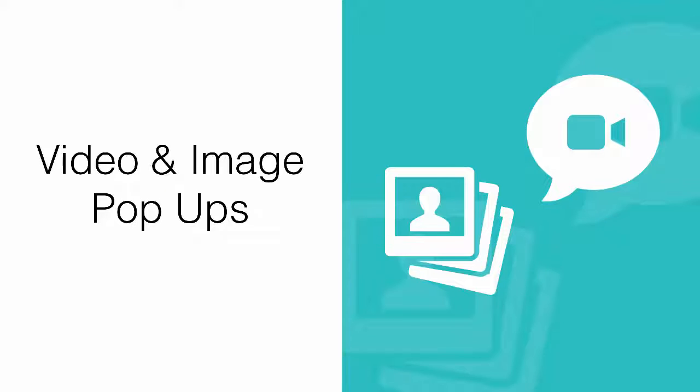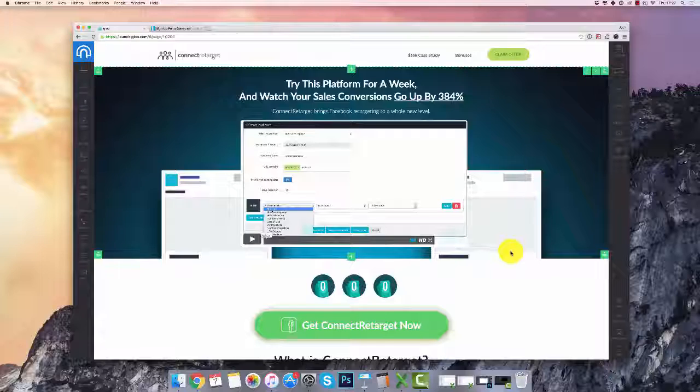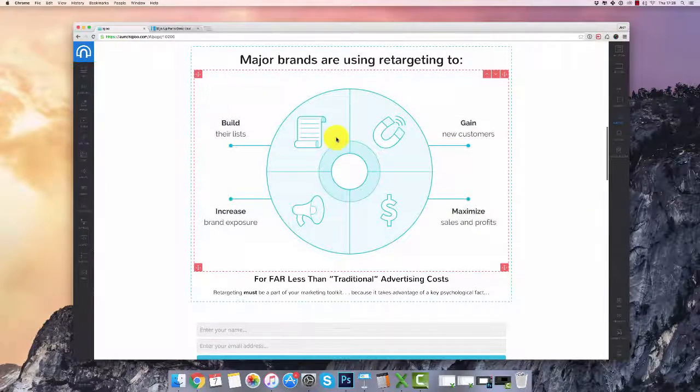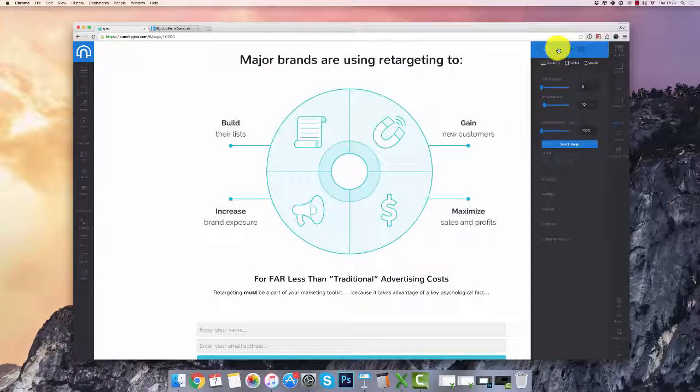Okay, so the next update we've made is video and image pop-ups, and these are like light boxes for images and videos. Let me show you how you can go ahead and do that. Okay, so maybe I'll scroll down here, and maybe I want to make this image into a light box. So what I could do is simply click on here and go to Style Options, and on the Actions tab